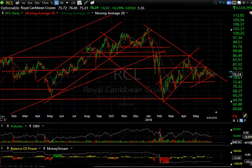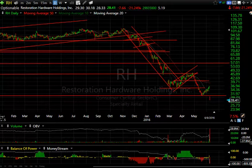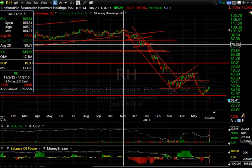Royal Caribbean also wedging after the big drop and the big run up, retracing 50% but failing at resistance. It came down and wedged. If this is 1 and 2, we could get 3, 4, and 5 to get down to 64, even lower than that towards 60. Restoration Hardware is a complete disaster this year as it's dropped already from 106 all the